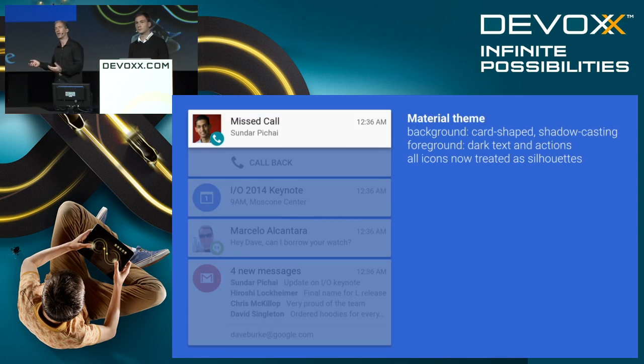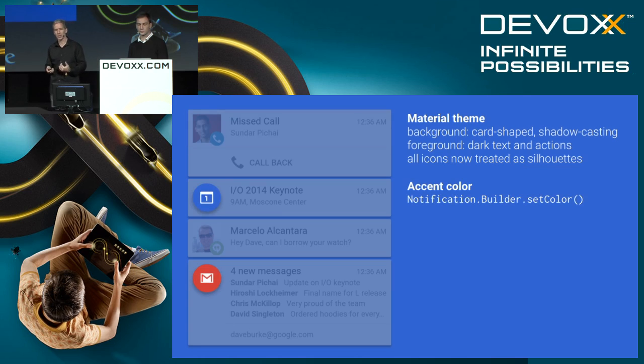Notifications underwent some changes. First of all, the theming for material, let's give it a card look, let's give it some shadows, let's make it look standard on the new Lollipop platform. There's also the ability to provide accent colors for your icons, so we'll automatically tint the assets, as we were